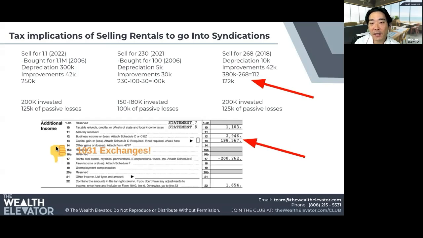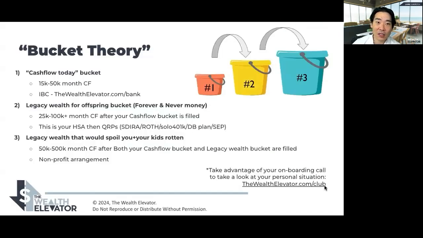But the whole idea is to first check how much you have on your 8582 form, because you might have a lot of passive losses suspended, ready to use in this manner. So again, like when I sold off those first chunk of rentals, I had a $200,000 capital gain and depreciation recapture. But what I did here was I just brought over $200,000 of suspended passive losses to offset that. And I paid no taxes, offset that transition right away. And this is what's called the lazy 1031 exchange.